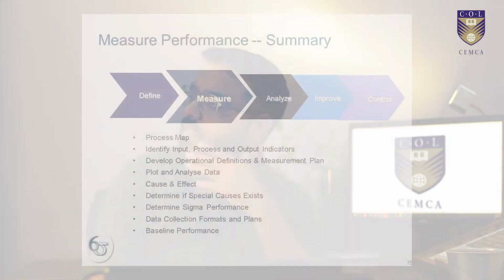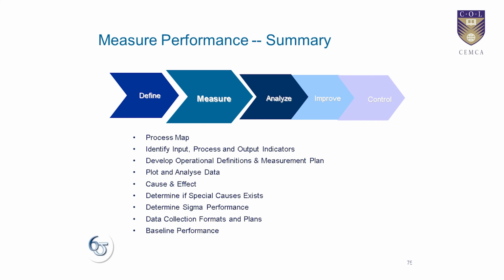measure phase. If you look at this slide, we're talking about what all we can expect from a measure phase, the kind of deliverables. We're talking about the process map, the input, process and output indicators, developing operational definition and measurement plan, data collection formats and plans, Sigma performance, the baseline performance, detailed process mapping, and at the end we're expecting the Sigma level, and finally we have the Tollgate review and a sign off given by the sponsor. So this is about the measure phase Tollgate, and this is where the measure phase gets